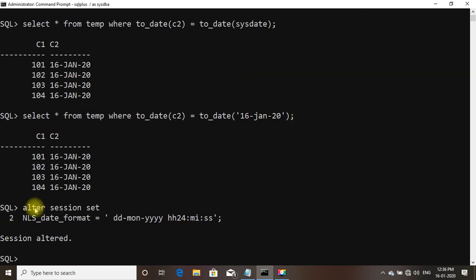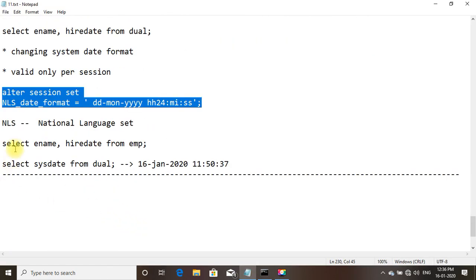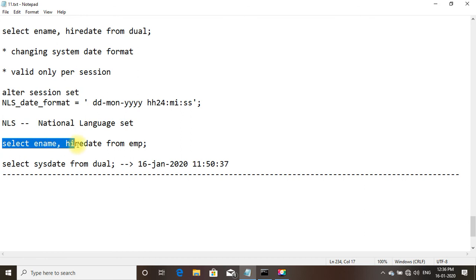Session altered. Alter session set NLS_DATE_FORMAT equal to DD-MON-YY HH24:MI:SS, that is hours in 24 hours, minutes and seconds. NLS is National Language Support. Select ename, hiredate from employee.